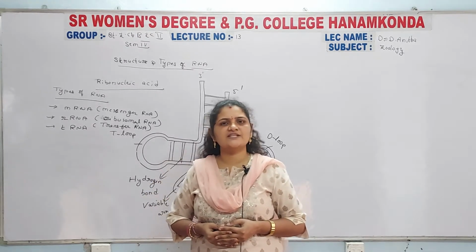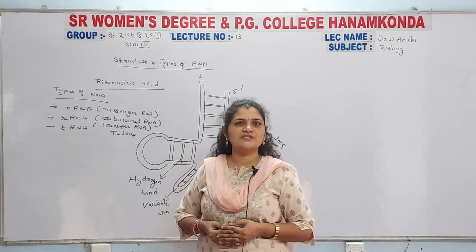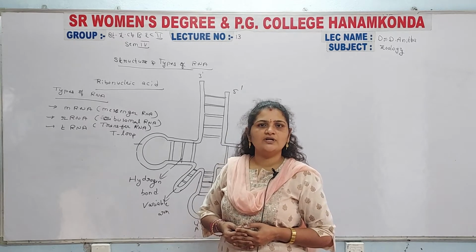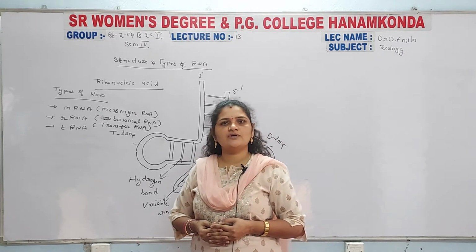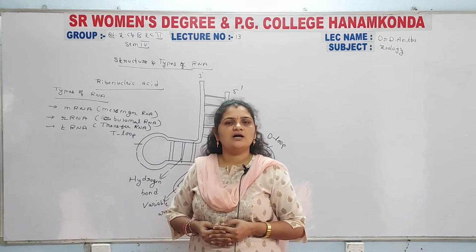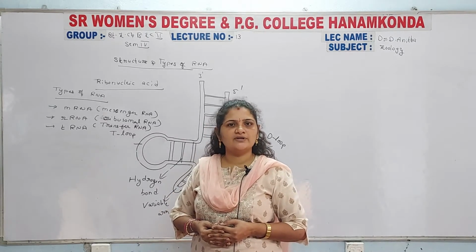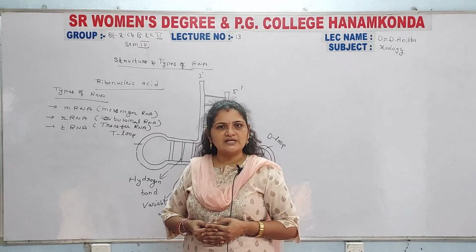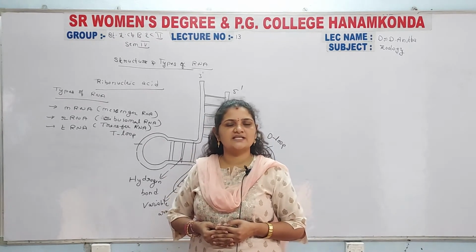So that's why there is a transfer RNA. The tRNA plays a major role in protein synthesis. At the end of protein synthesis, the main aim is the conversion of the amino acid chain. The amino acid chain continues up to the maximum length, and then it is separated from the tRNA. So that is the main function of a tRNA, that is, a transfer RNA.